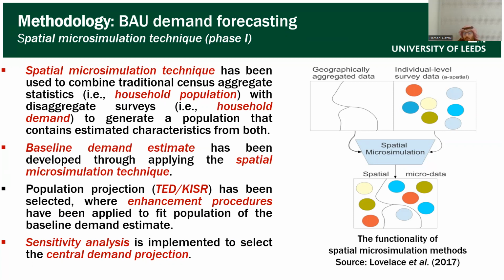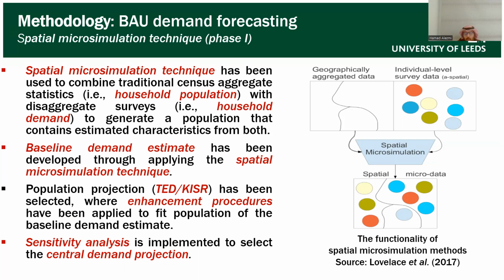In our study, we have generated the household attributes in the aggregate population from the disaggregate water demand survey that comprises: first, household consumption; second, dwelling type; third, household size; fourth, household status, Kuwaiti and non-Kuwaiti; and fifth, the state's spatial distribution. The spatial microsimulation has been used to generate